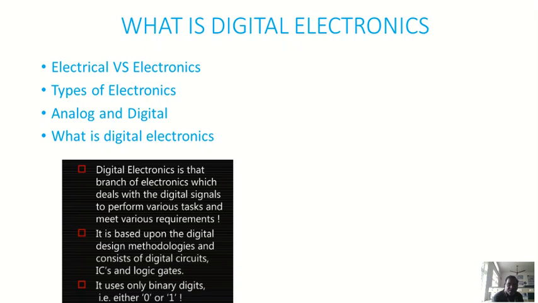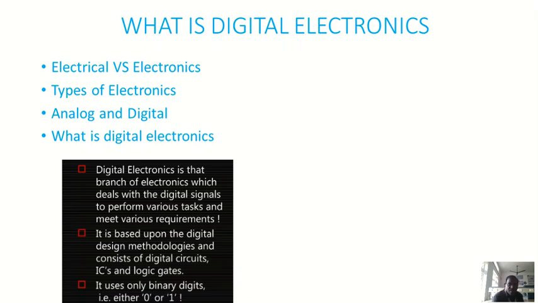And digital, digit means zeros and ones. It is not continuous, it is a sequence. Generally in binary we have zeros and ones. The 0 is considered as one digit and 1 is another digit. Because of the digit, the name comes digital. So the electronics which deals with digits is called digital electronics.